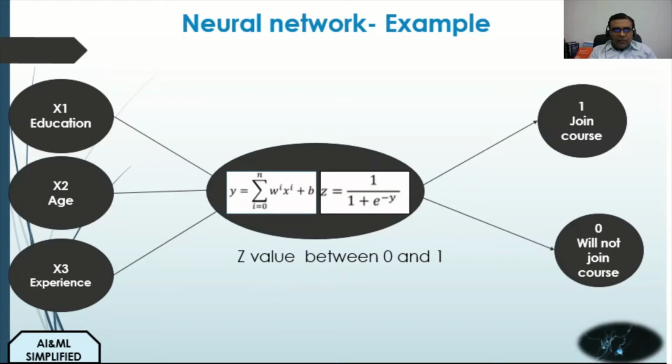So at this node, a sigmoid activation function, which squashes the value between 0 and 1, was applied, and in this step we then convert this score which is lying between 0 and 1 to a value which is either 1 or 0 based on a threshold. So let's say the threshold is 0.5, then any score above the threshold of 0.5 is labeled as 1, having a probability of the person likely to join the course, whereas if the score is below 0.5 we label it as 0, with the person not likely to join the course.